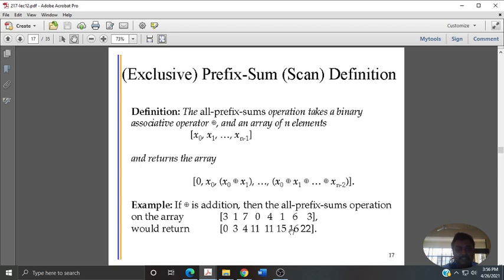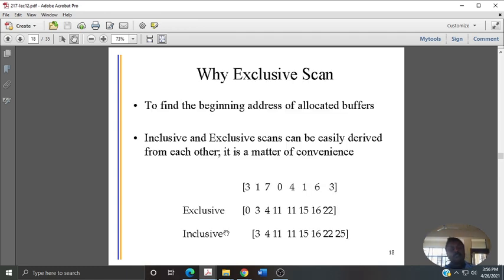So the scan definition again, as we have stated, exclusive, whenever you are stating with respect to 0, 3, 4, 5 and so on. Initially it was 25, now you have eliminated one element, because you are adding 0 to the initial elements. Why exclusive? Most often, whenever you are computing something, the ends or extremities matter most: where my array begins or where my array ends.